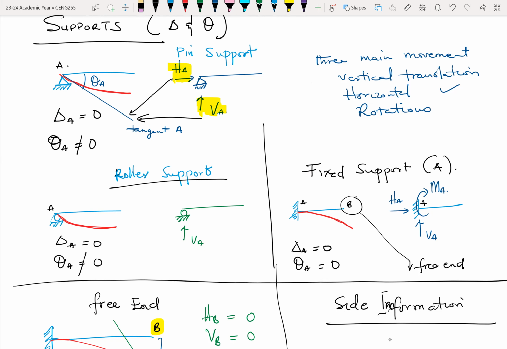Yeah. So for a pin support, it has two reactions, which means that it will not deflect. It will not move up and down. It will not move left and right. Okay. So it means that for that support, no matter what load you apply,